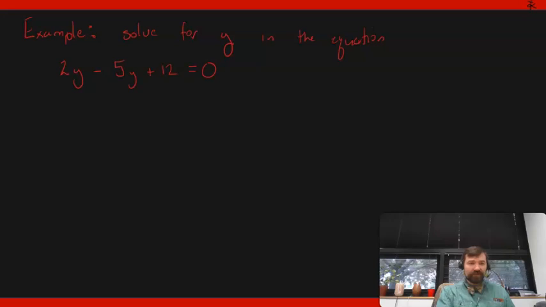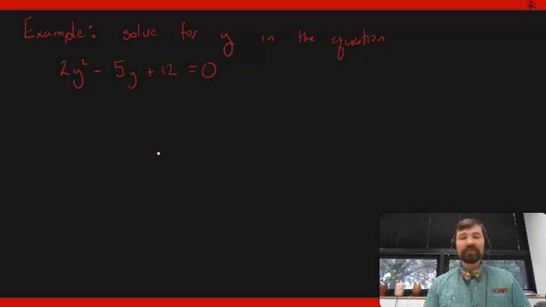Except that I left off the square for the y here. It should be 2y squared minus 5y. If it's just 2y minus 5y plus 12, then it's a pretty straightforward linear equation. You combine like terms, get negative 3y equals negative 12, and therefore y is 4. But as a quadratic equation, you're going to have to either complete the square or